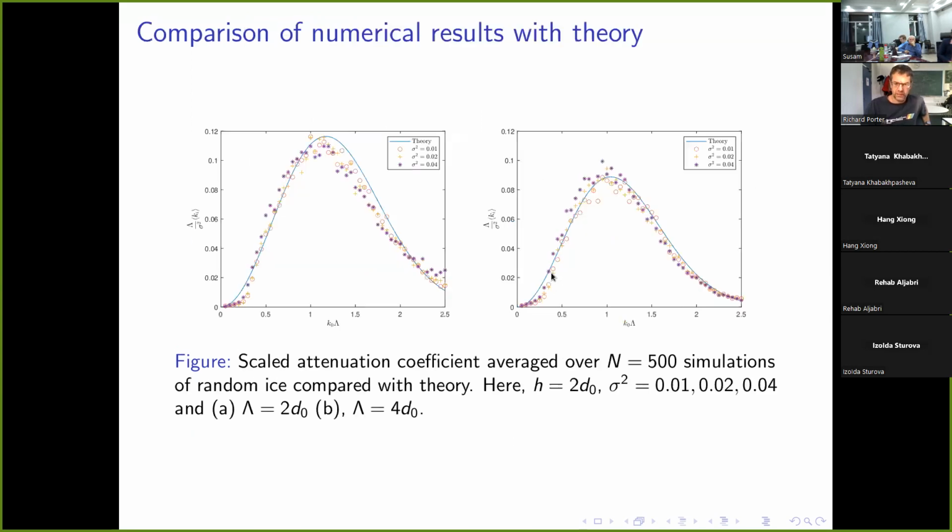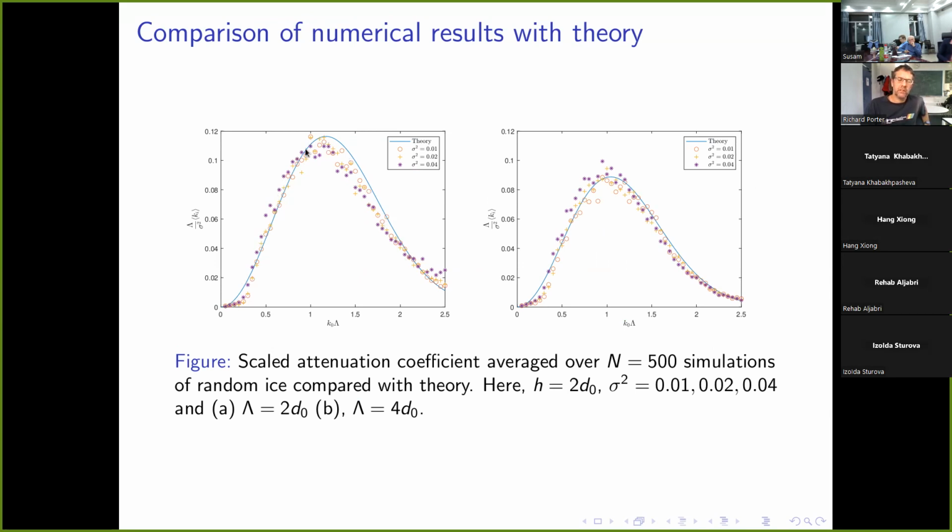Okay, and then here are two graphs showing the theoretical curve. This is the one produced for a semi-infinite random ice. That's the blue curve. So this is like frequency squared. This is where I've got exponential decay. This is approximately 1, where I get rollover. And then the dots are